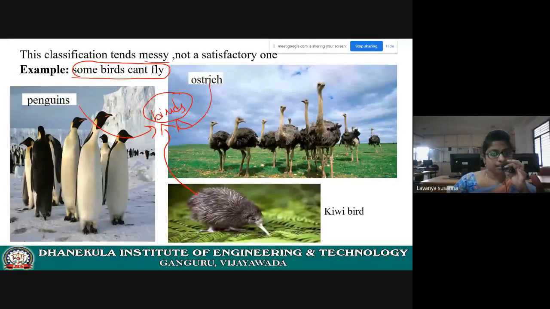All birds can fly, you know that. And you are including these classes also: penguins, ostrich, kiwi. The penguin is a bird only, but it cannot fly. Ostrich is a bird only, but it cannot fly. Kiwi is a bird only, but it cannot fly. So you cannot group all these birds into one category. You have to group in this way: birds which can fly, birds which cannot fly. Only if you group related classes can you exhibit a proper behavior. Otherwise you will exhibit some different behavior of the system. I hope you understood.